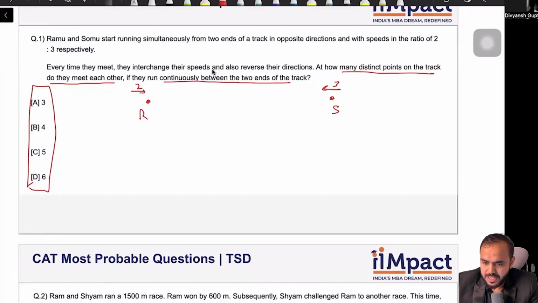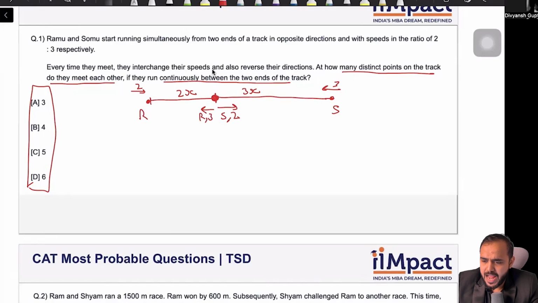So, their speeds right now are 2 is to 3. So they will meet at a situation like this where Ramu has covered 2x and Somu has covered 3x distance. Now, after this meeting point, Ramu will switch his direction to this side and his speed will become thrice, while Somu's speed will become twice and his direction will reverse. Now, again,